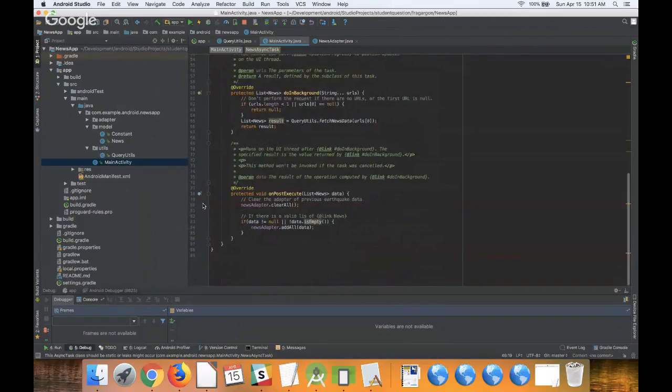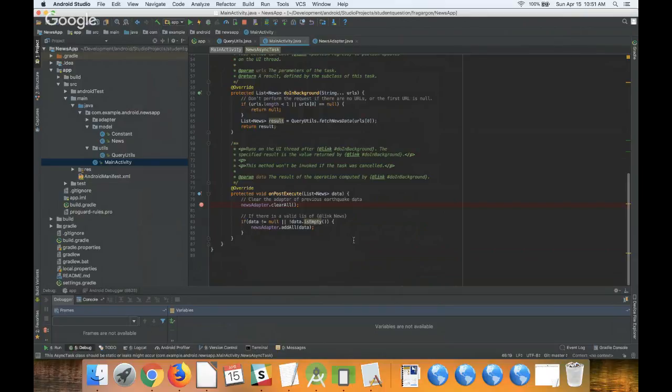These points here are the breakpoints. If I click here, it means that when I'm in debug mode, the code is going to stop there. It's like it freezes time, and I'm able to analyze what's going on at that moment.